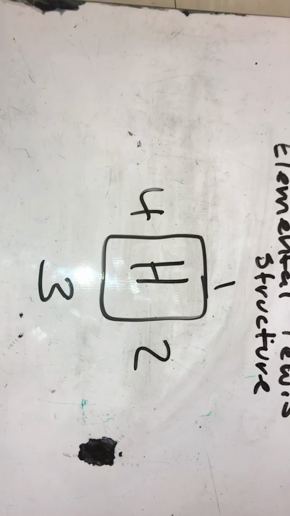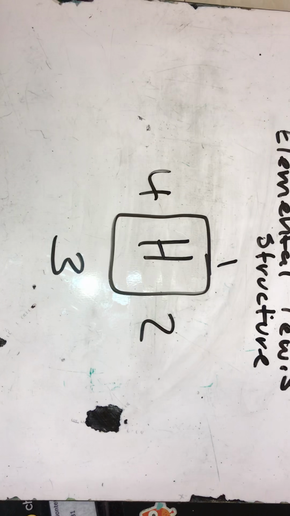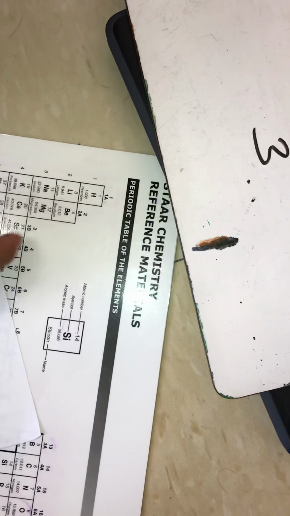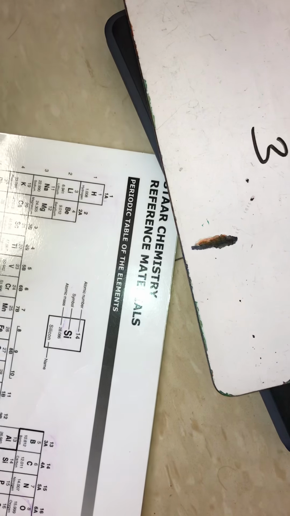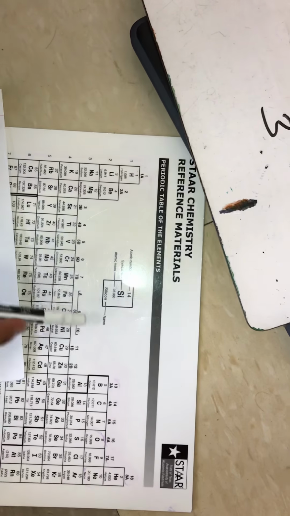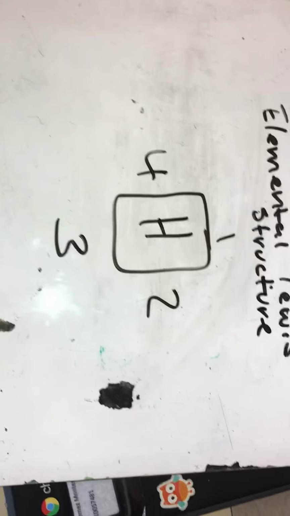Okay, so we're gonna go to our periodic table, and then each of these families, there's 1, 2, 3, 4, and then we go over here, we 5, 6, 7, 8, and then each of these numbers represent how many dots they're gonna be around the square, and then each family represents how many dots the